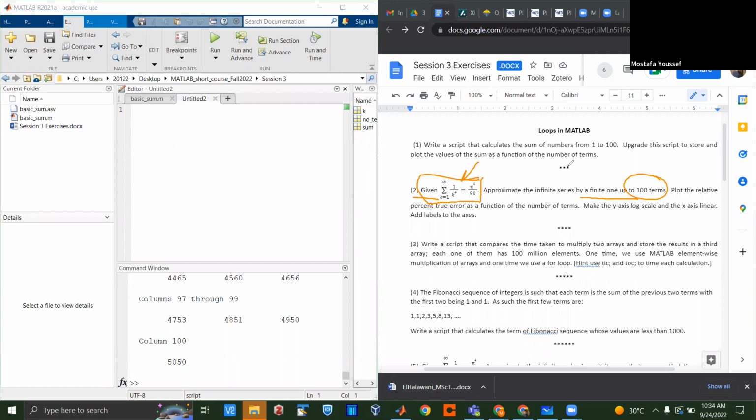And guys, as we explained, the idea of summing is very fundamental, and it appears in many engineering and mathematical cases. That's one of these cases. I'm trying to calculate a sum of a series. Then I need to plot the relative percent true error as a function of the number of terms. And then there is a little piece here related to adjusting the axes, and I'm going to discuss it at the end. But maybe before this, I will take a second to explain what is meant by the relative percent